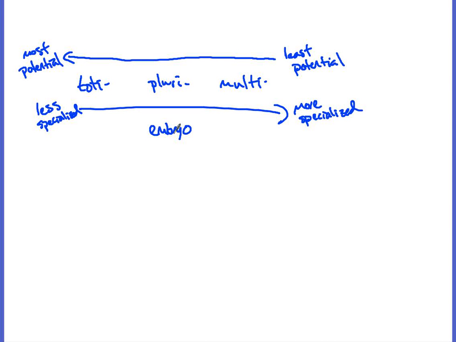So for us, for a human, you're not even born yet, right? You're just starting to develop within the first couple weeks of that pregnancy, right? So an embryo is pluripotent, whereas adult stem cells